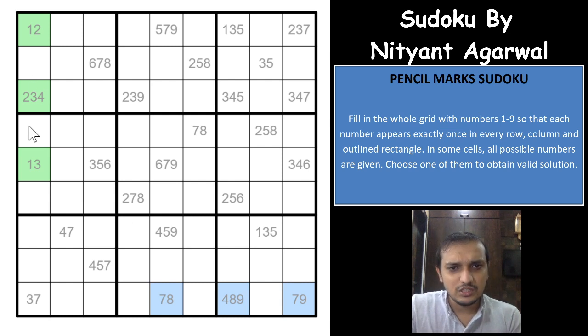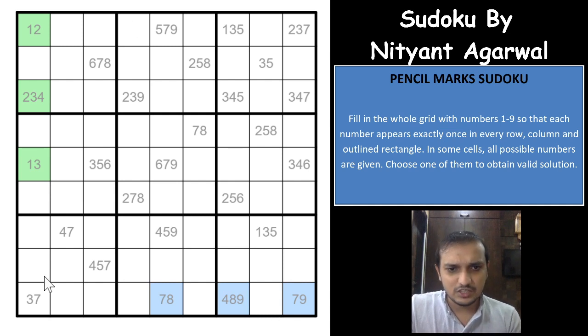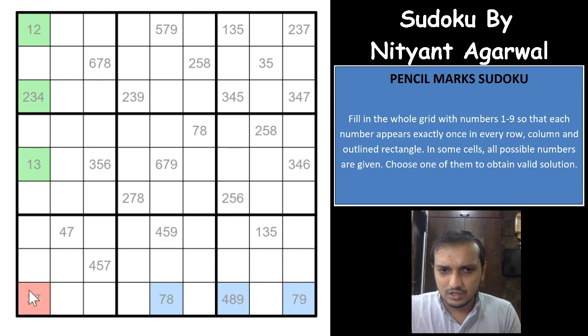These 3 cells and these 3 cells are not connected in any manner, but there is one cell that they are connected with, which is this cell. This cell in particular sees both of these ALS, almost locked sets, simultaneously, right? And if you see here, one of the candidates from this cell is in one of the ALS, almost locked sets, and the other candidate in this cell is one of the candidates from these 3 cells, right?